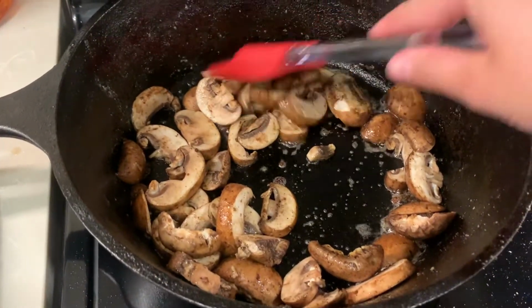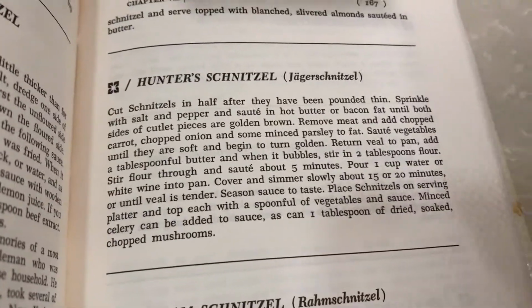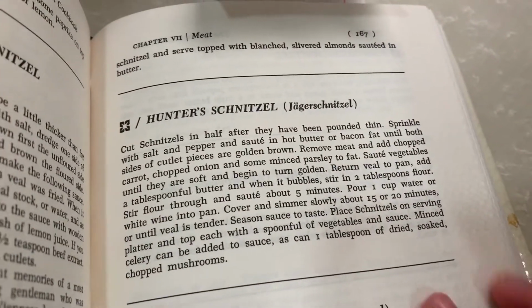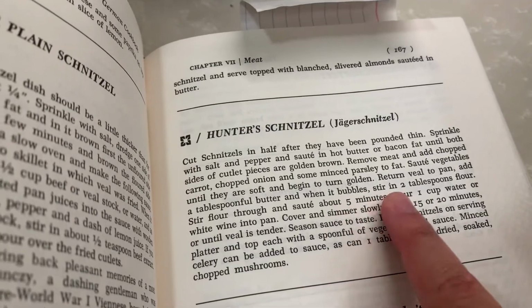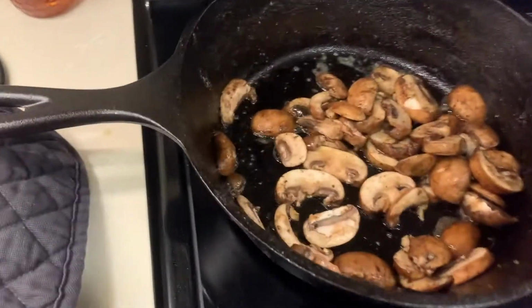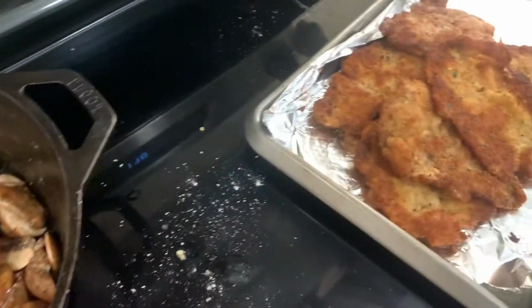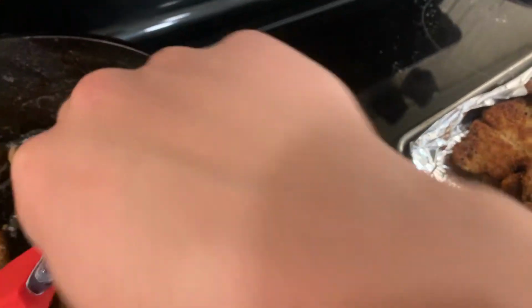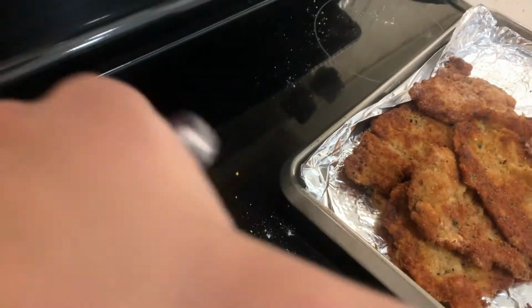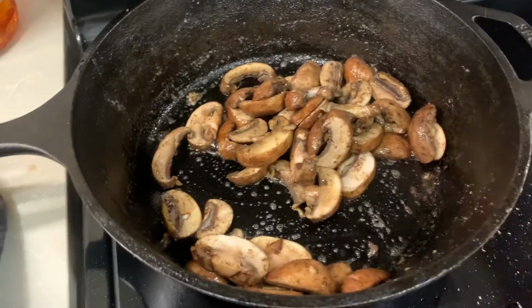Now, the recipe in my Oma's book, well, she didn't write it, but the book my Oma gave me, does say to put the veal in the pan and then continue making the sauce. But this is a pretty small cast iron, and I like my pork Jägerschnitzel, my pork schnitzel really crispy. And so I'm not gonna do that. I'm just gonna make the sauce in here and then pour it over the top of the schnitzel to make